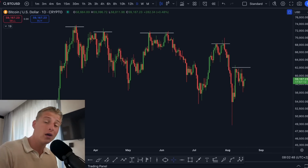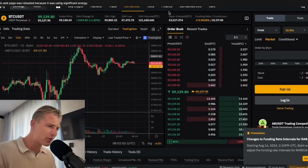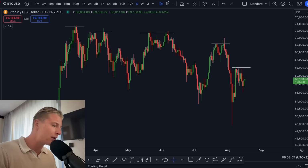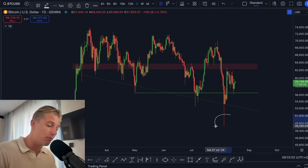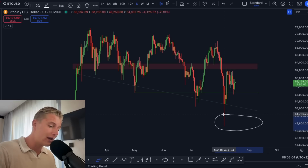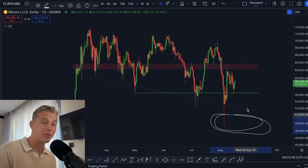And if we're creating that higher high, including the higher low, then I believe a big reversal for Bitcoin could be happening. But I want to point out, if Bitcoin is going to be creating a lower low right here, I'm going to be opening up a new trade. Otherwise, I'm not going to be doing so, because I am interested in buying Bitcoin long positions around $49,000 to $51,000. But if we're not going to be hitting this level, I'm not going to be opening up any new